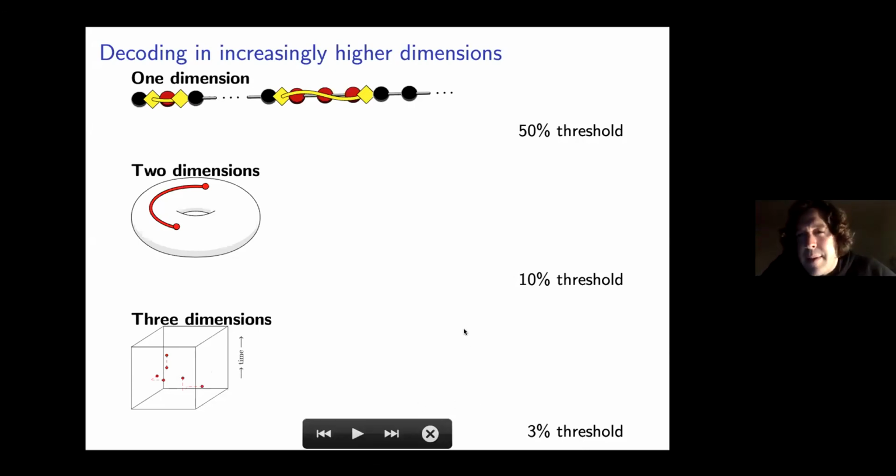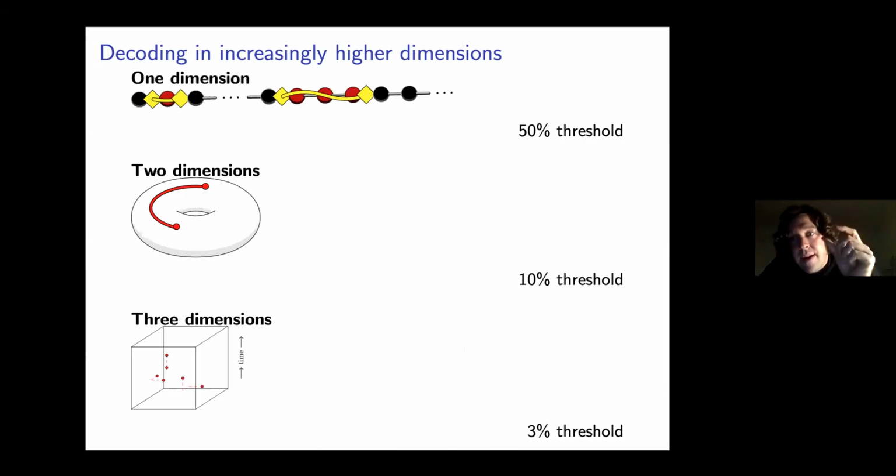And so typically what you will have heard is a 1% threshold. That's what people have been shooting for a long time. It's actually a bit less than that. That number 1% comes from what they call the circuit error model, which is a bit like this 3-dimensional problem I described, but it's where you account for every single circuit element to measure those stabilizers, and you put an error rate on those individually. This 3% number comes from